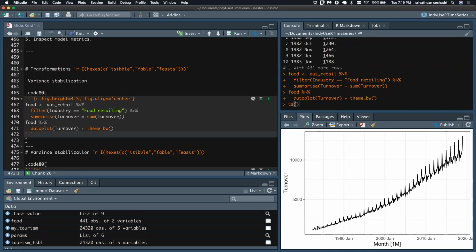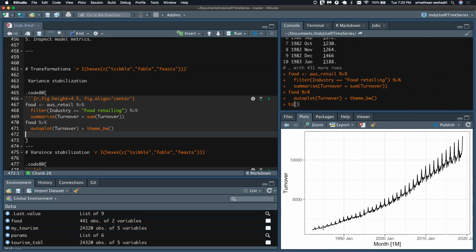And this is how the data looks. You see the seasonal peaks amplify as the trend increases. You guys are able to see it? In order to make your models fit such behavior well, you need to make a variance stabilization.